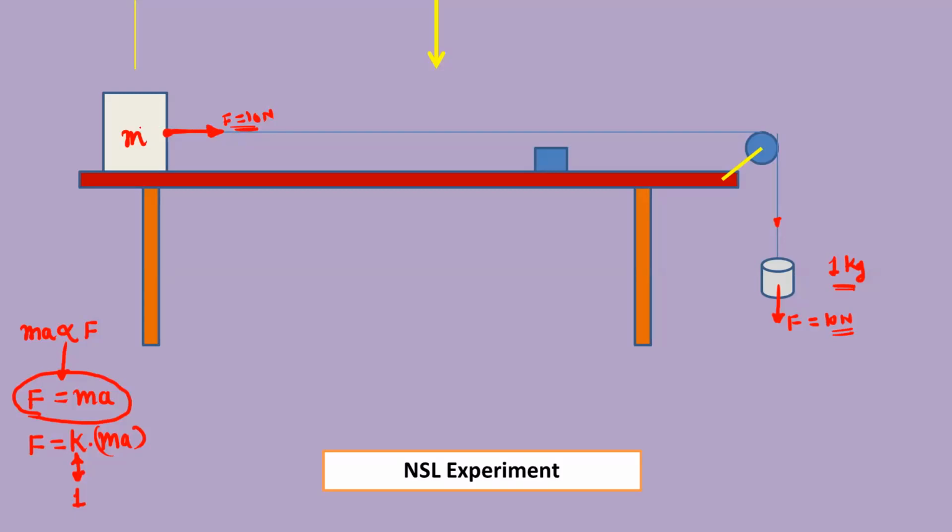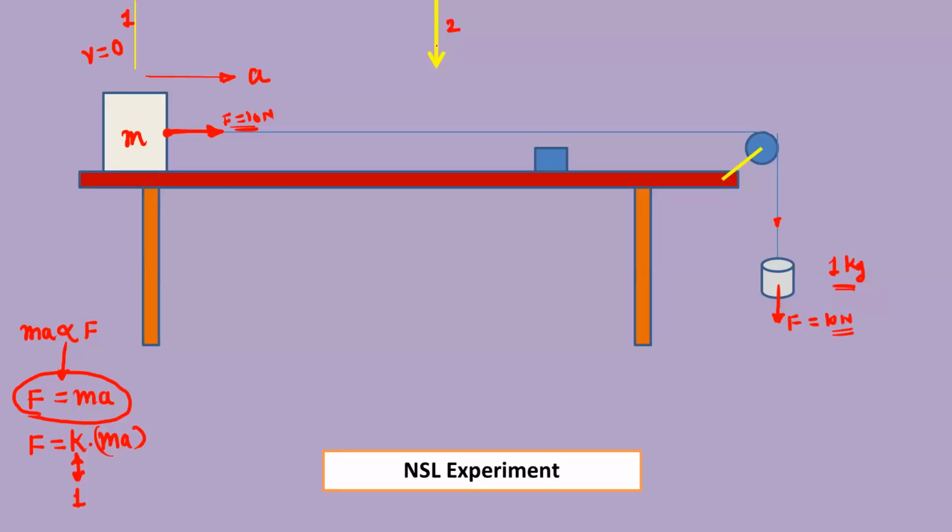Now we know that when we apply a force on any object, the object will immediately get an acceleration. So this object will start its motion in this direction, in the direction of the force. Now this motion will have some acceleration. We can find this acceleration by measuring the velocity. The initial velocity is known as it is at rest, that means initial velocity is 0. So consider this point as point 1. At the second point, we will connect one sensor.